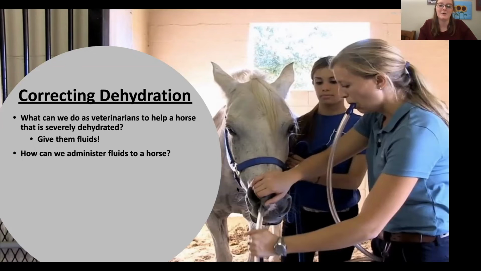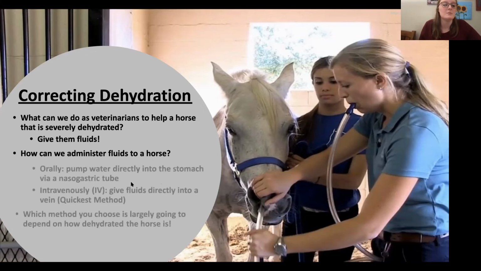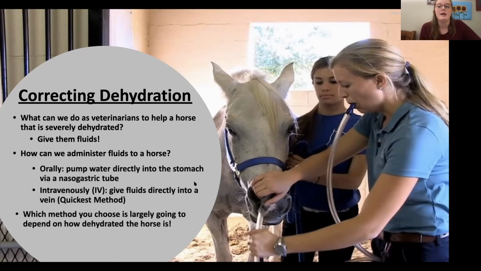I'm really happy to hear nobody put under the skin, because we're not able to do that in the horse. They don't have enough free space for us to do it under the skin. So the most common ways we do it are orally. And I'm super glad somebody said nose, because we can't put the tube down the mouth of the horse. It has to go through their nose because of the anatomy of how their nose works with their throat. And then the other way would be intravenously, to give fluids directly into the vein, which is the quickest way of restoring the blood volume, because